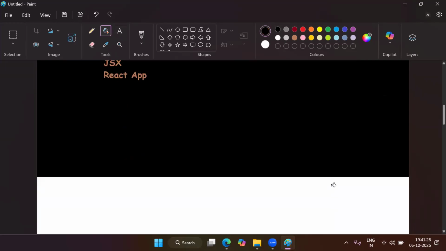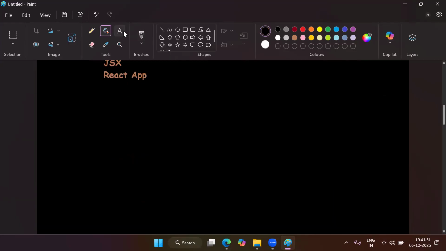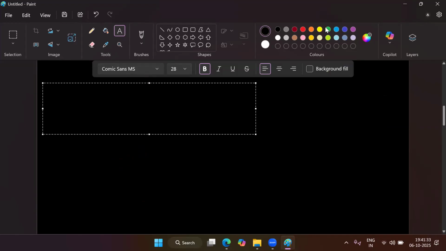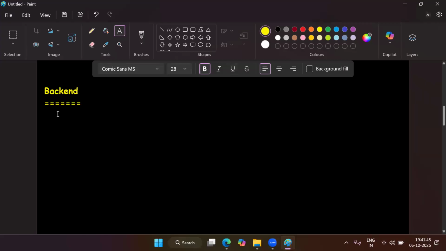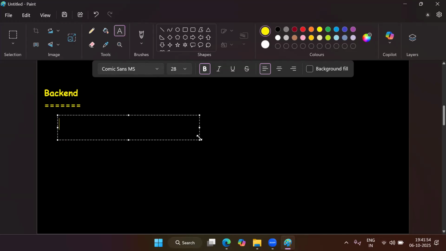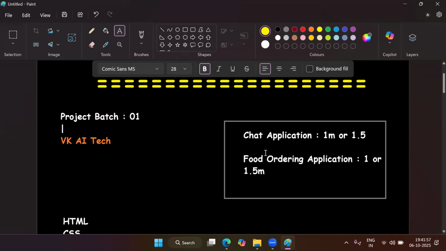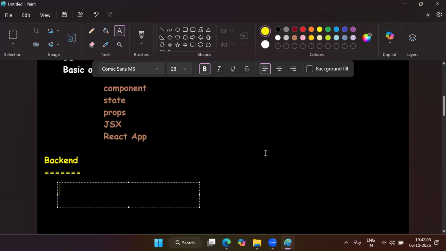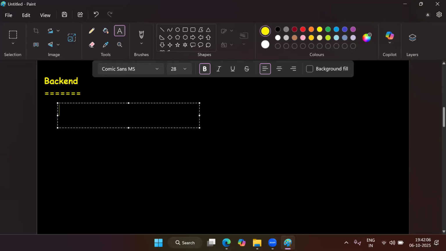And now when it comes to backend, because without backend we cannot develop the project, only front end is not enough. So obviously we should have knowledge of backend also. But even if you don't know anything in backend, that's okay, because here I will teach you backend from scratch. I won't teach you the entire backend, but I will teach you backend at the level required to do this project. To do both projects, whatever backend knowledge is required, I will teach everything. So even if you don't know anything in backend, it's okay.